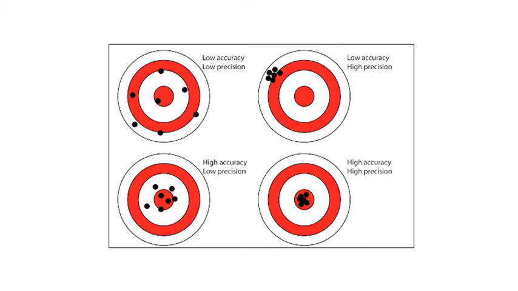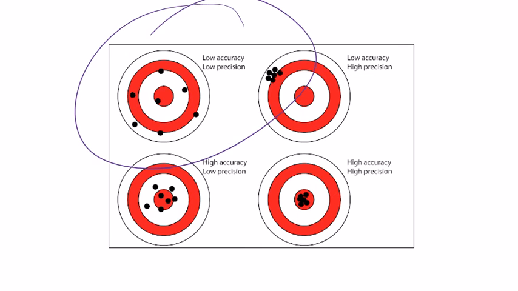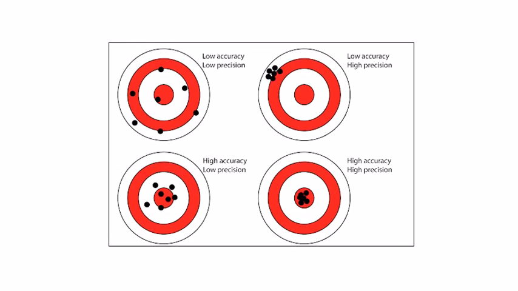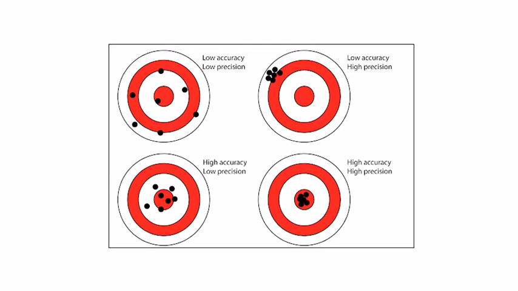as far as measurements and data are concerned that you might see when you get to any statistics section of a book. If I look at the top left, this has low accuracy and low precision. All of my points here are spread out and they are not where I want them to be in the bullseye. If I keep the low accuracy but switch to high precision, all of my darts